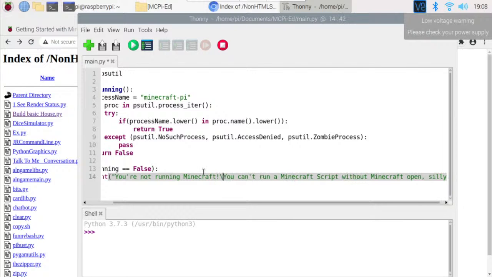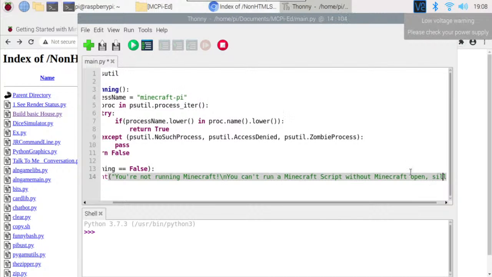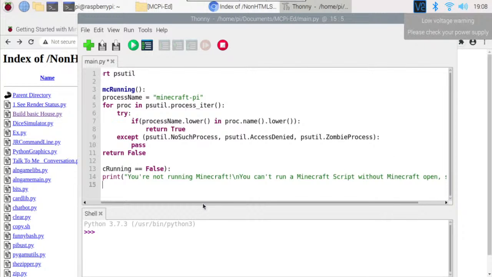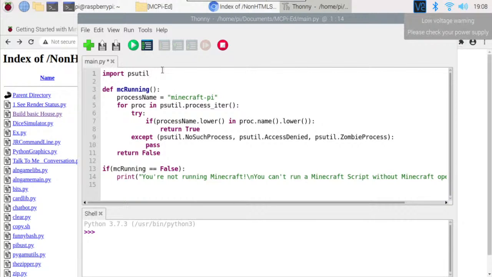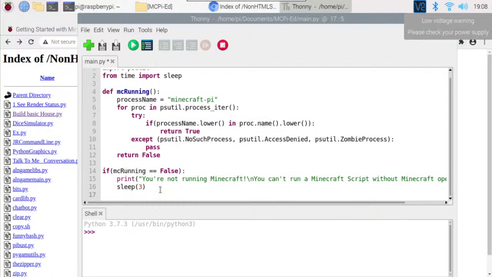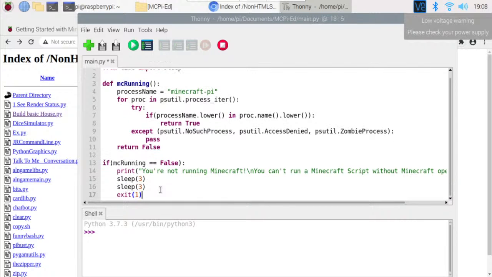And I'm gonna put a new line there. And I'll go ahead and from time import sleep. And sleep for a few seconds, so stop running the program for a few seconds, just kind of wait for 3 seconds there, and then we'll exit with an error code of 1. Alright,